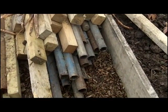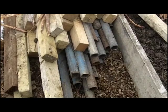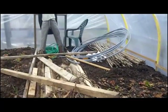Down here we've got 20 scaffolding poles. They're 9 foot long, and that's going to be the basis of our new polytunnel. And we've got some 2x4 timbers that we've sort of salvaged here. Okay,